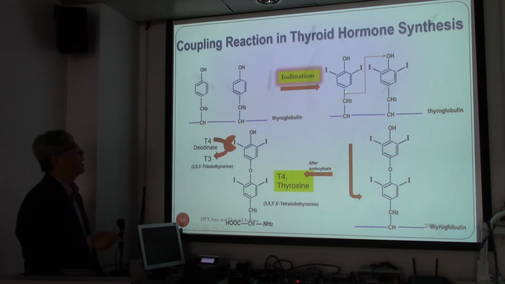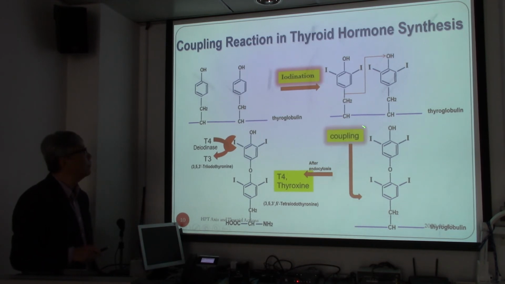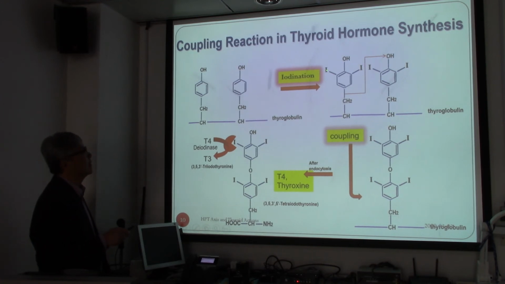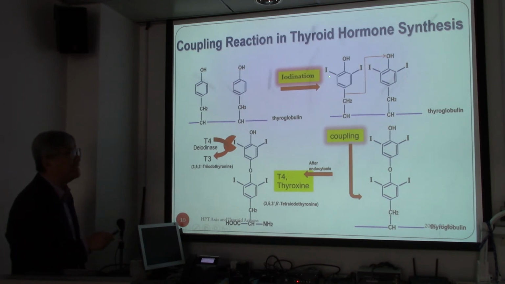Coupling means that by moving this one ring structure, so after iodination, we need to do this coupling to add this ring structure on top of this hydroxyl group here linking with this oxygen. By doing so, we can have the coupling effects, and then you can see there that this is DIT,